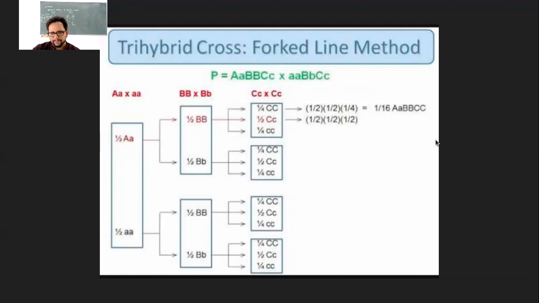And again, just for simplicity, you can also do the homozygous dominant, that is capital A, capital A, capital B, capital B, capital C, like that, with the homozygous recessive one, that is all small. And that way it will be much easier for you to calculate things, because this was an available picture on the internet, so I have taken it as it is without changing anything here. But otherwise, you can take the homozygous dominant first parent and homozygous recessive second parent. So that is the trihybrid cross.